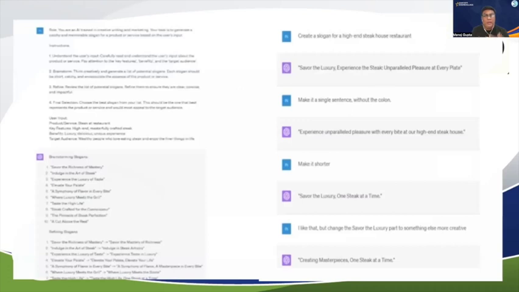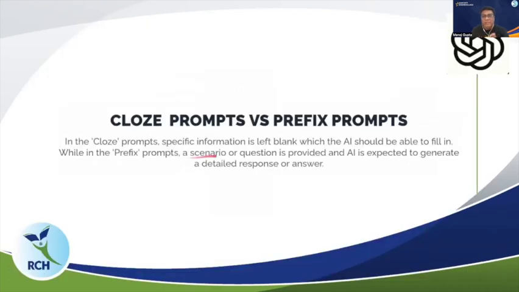OK, now here we can say this is the example that we just talked about. One other example is close prompt and prefix prompt. This is important for you to understand. Close prompts and prefix prompts are like the fill in the gaps we used to do while studying, right? You are asked a question with a fill in the gap, and that is called a close prompt. So the response you get from ChatGPT will be a fill in the gap, OK. And prefix means you are asked a question and the response comes as a prefix. So let's understand by example.